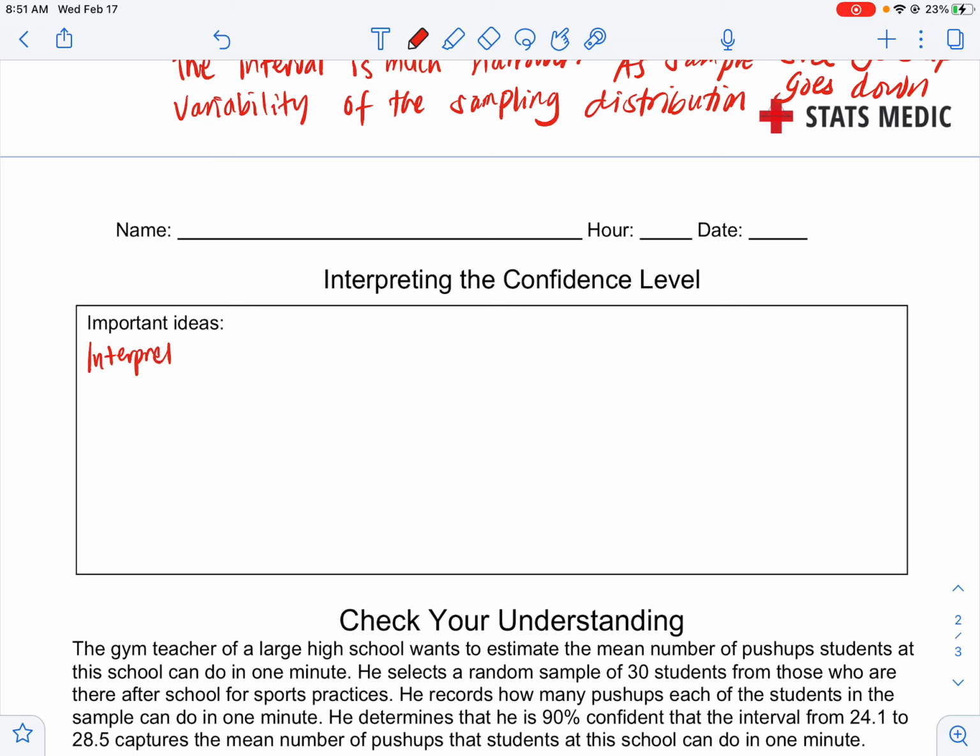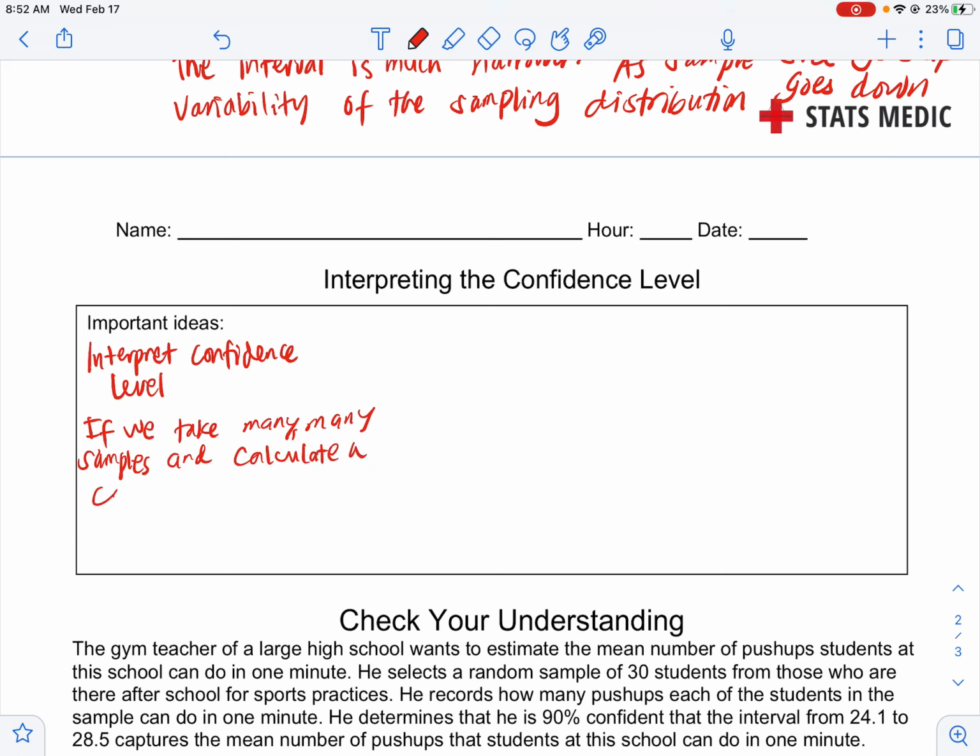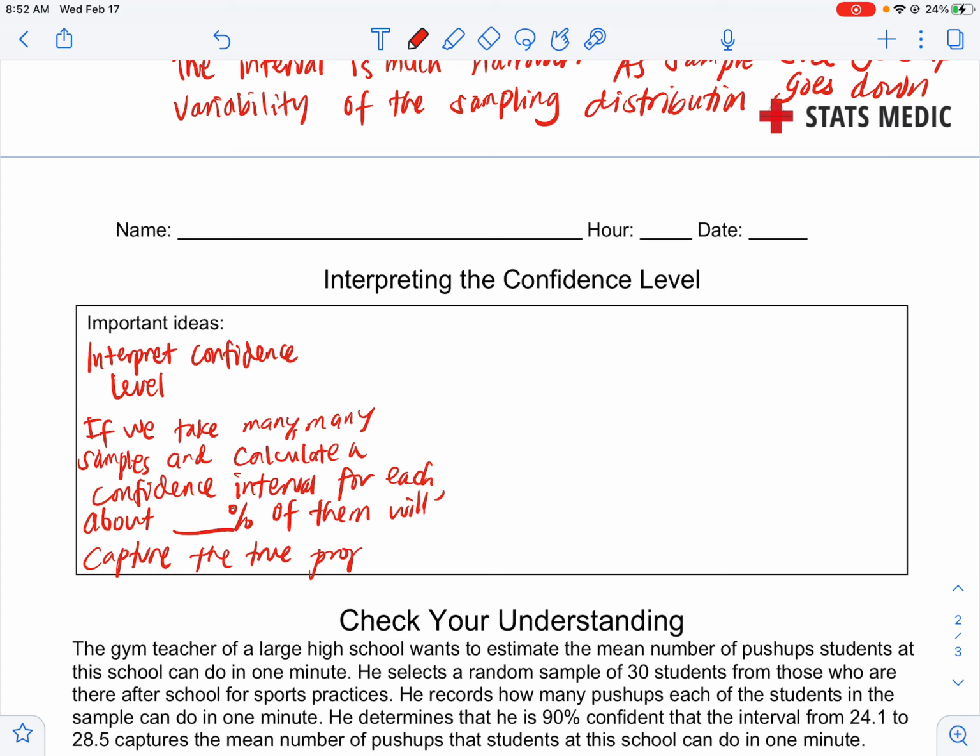So to interpret confidence level, we say if we take many samples and calculate a confidence interval for each, about blank percent, 90%, 80% of them will capture the true proportion,